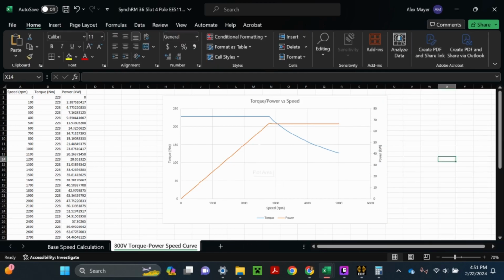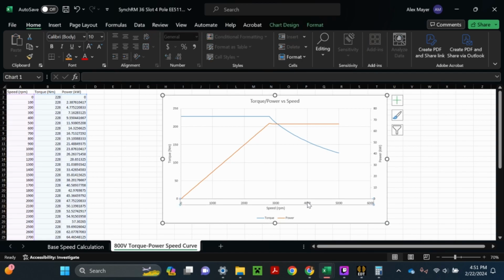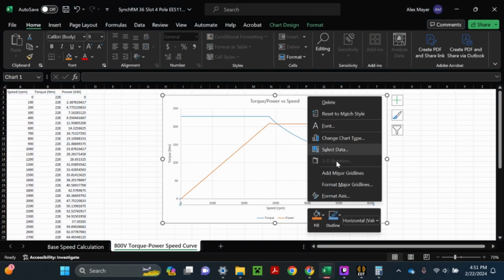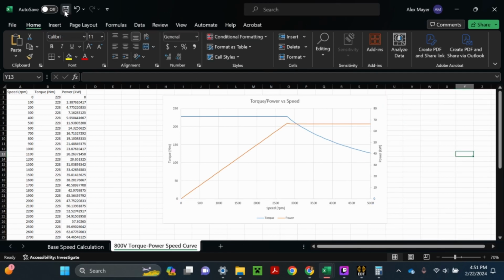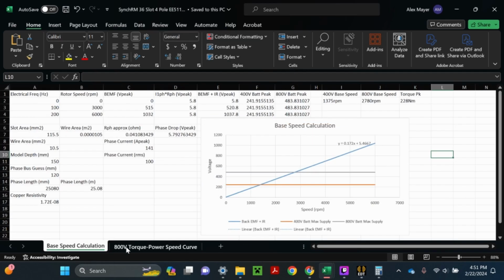And now we're basically done. Now we've got this torque versus speed curve, and just because I'm gonna format axis, make the maximum 5,000. Make sure I save this, and